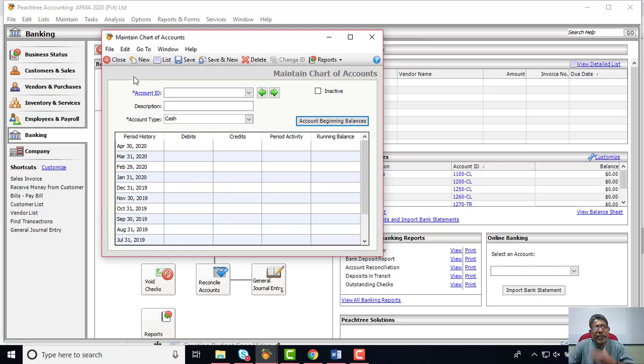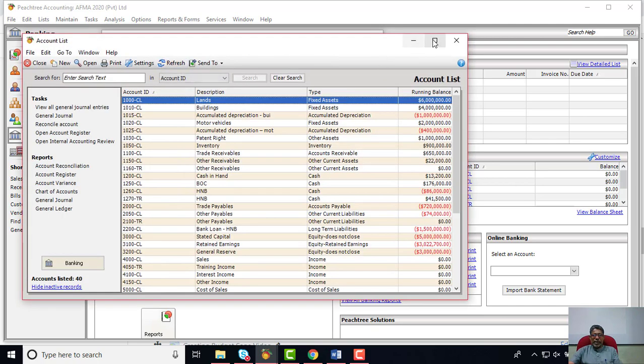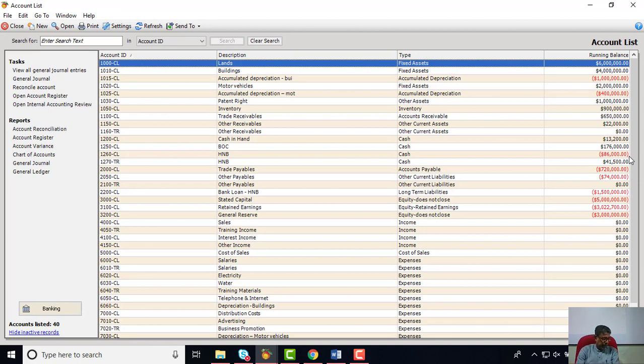Now all the balances are going to the individual accounts, and once you go to the list of accounts, from here we can go to the list of accounts. When you click the list, now you can see the updated list with the beginning balances. Let me read it quickly, then you can see whether your balances are also correct.